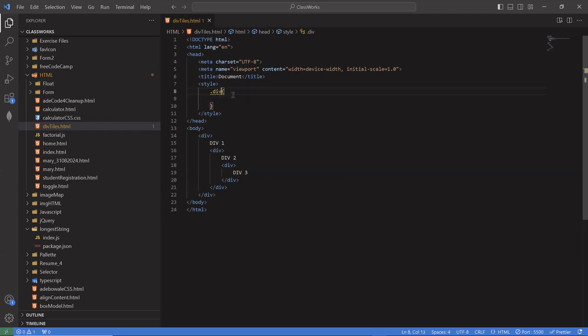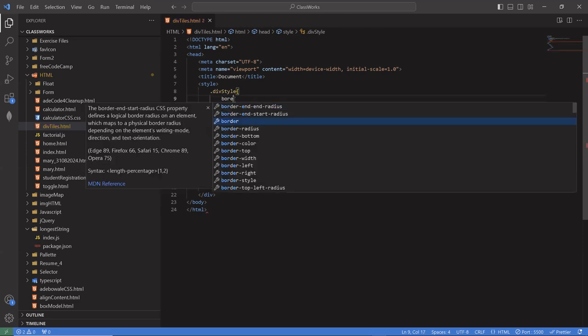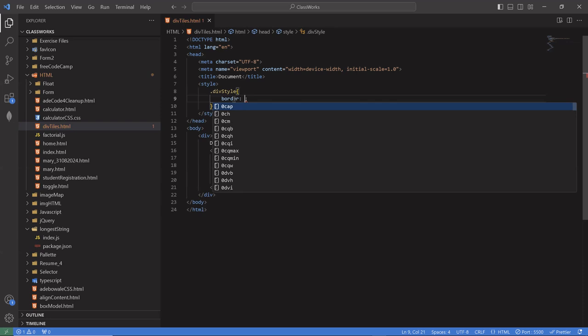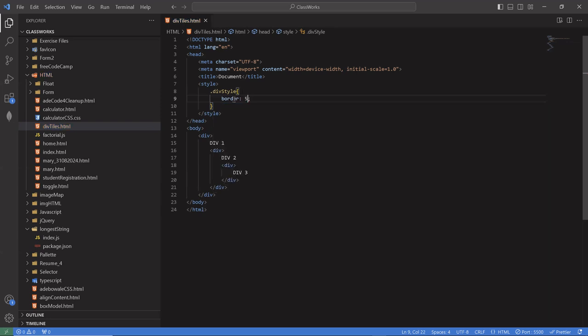Okay, let me give it a meaningful div style. So let's say border. Let me just say 5 pixel solid of the class,